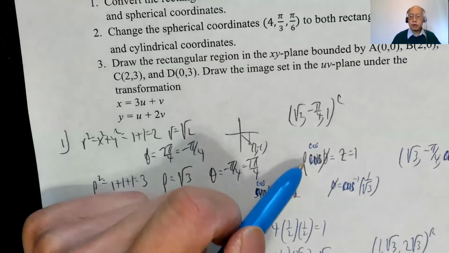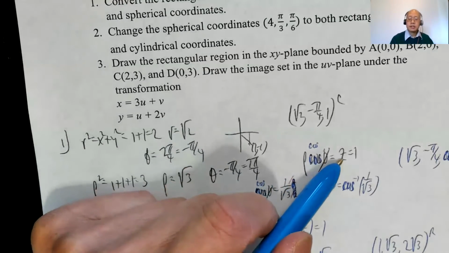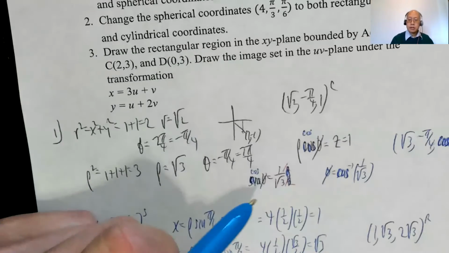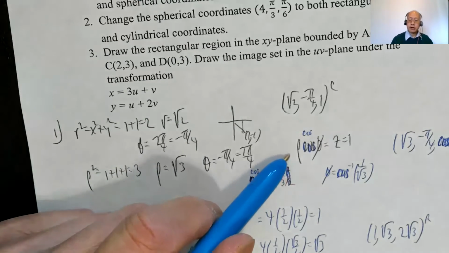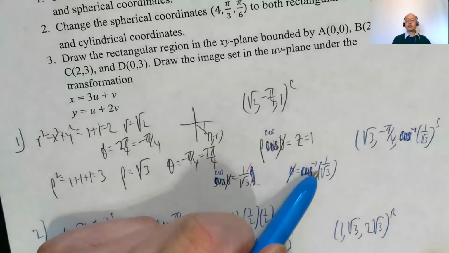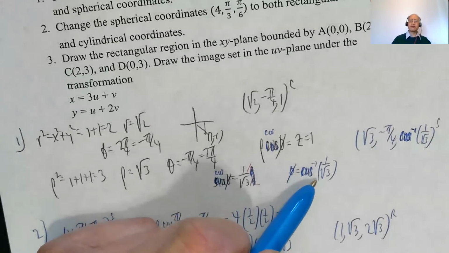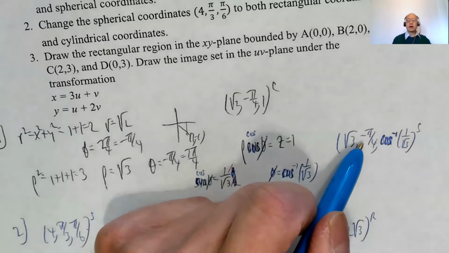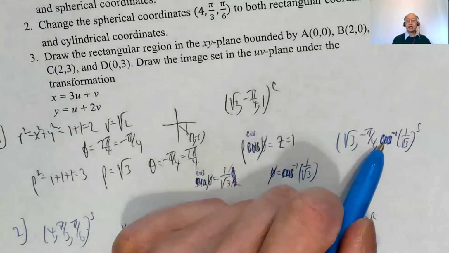For phi, well, rho cosine phi is equal to z, which is 1. Okay, and we now know rho is radical 3. So cosine of phi is 1 over radical 3. So phi is inverse cosine of 1 over radical 3. That's the best you can do. I think it was about 54 degrees. So in spherical coordinates, radical 3, comma, negative pi over 4 or 7 pi over 4, and inverse cosine of